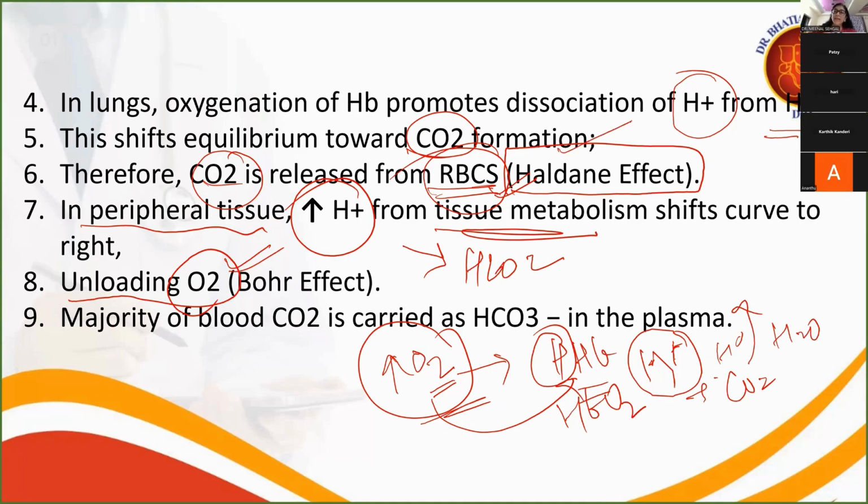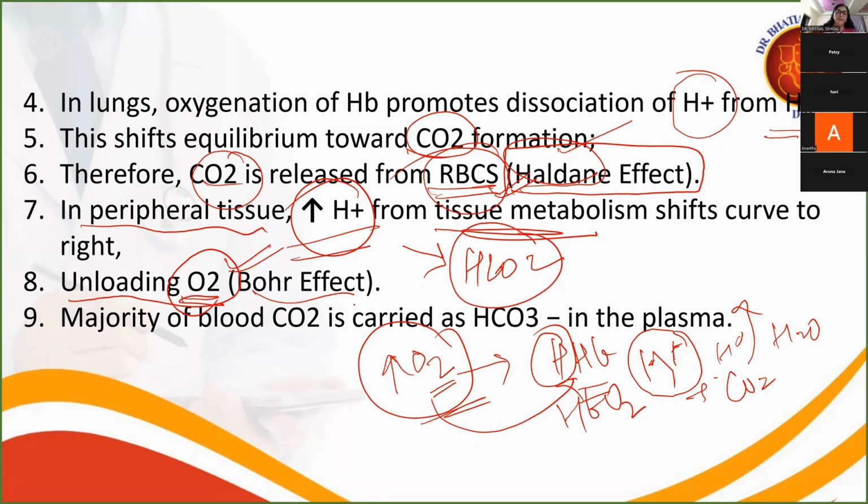What is the Haldane effect and what is the Bohr effect? The Haldane effect is the release of CO2 from the RBCs in the lungs. This happens in the lungs. Whereas unloading of oxygen from the hemoglobin, from the HbO2 format, in the tissues, in the presence of H ions,